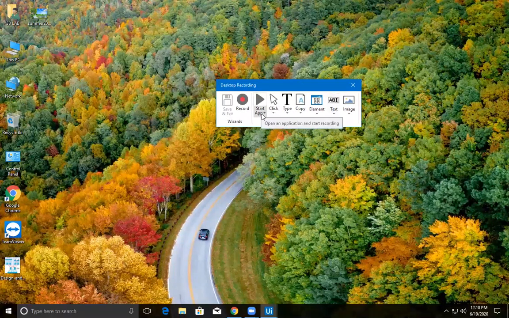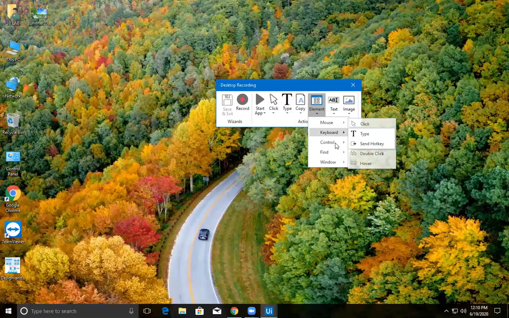We have start application, click activity, type into activity, copy, find element, and so many other things. If you select the start application activity, we have start application. If you select click, we have click, select item, check. For typing, we have type into, and we can select the hotkeys also here. Your get text activity is nothing but the copy text here. Ultimately it will show you get text, and for elements you can find click relatives and so many things, and keyboard, and other controls like this.